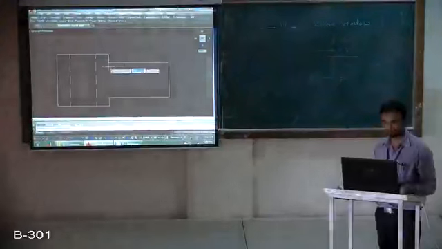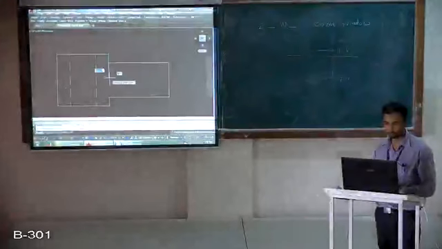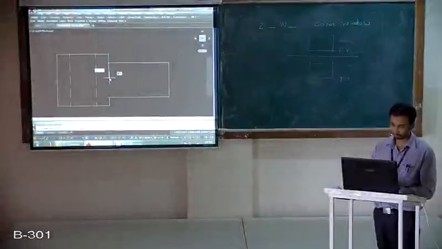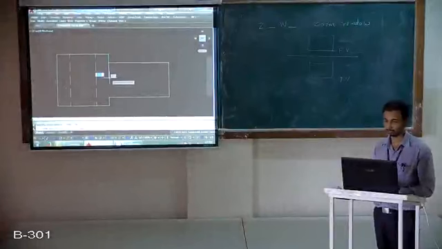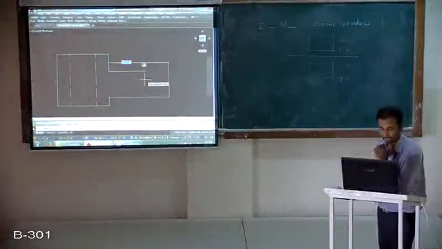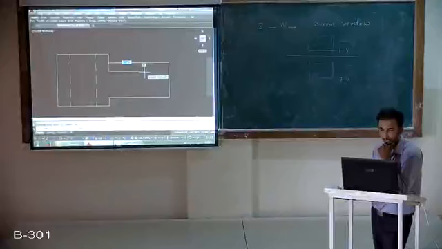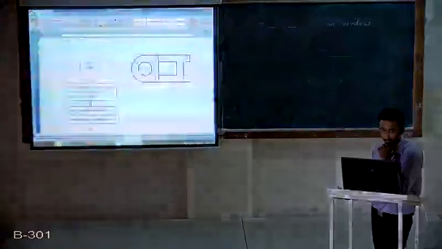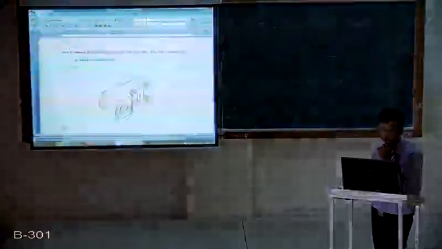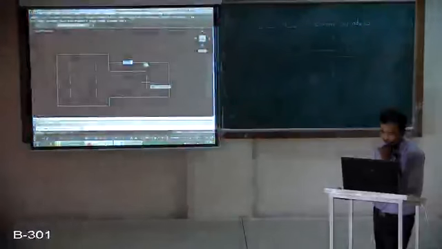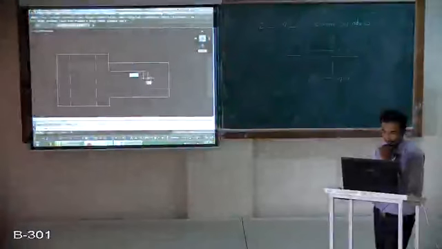So just click on these three lines, use the mirror command from the modify toolbar, select objects to mirror, then space, then click on this point to specify the mirror line. No, we want to keep the source object. Now use match properties again from the modify toolbar, click on this dashed line and select these three lines.